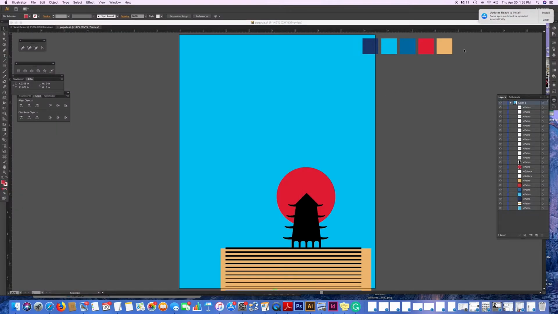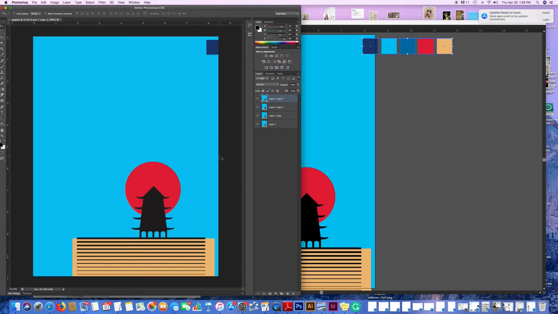So I'm going to come back to my Illustrator document. You can copy and paste between Illustrator and Photoshop. Copy, and I'll come back to my Photoshop, and I'll paste. I don't want a smart object. A smart object is trying to retain my points and anchors, which means I won't be able to see the color. I mean, I can see it, but I won't be able to really use it. I want it to be pixels. When you paste it in, click Pixels,